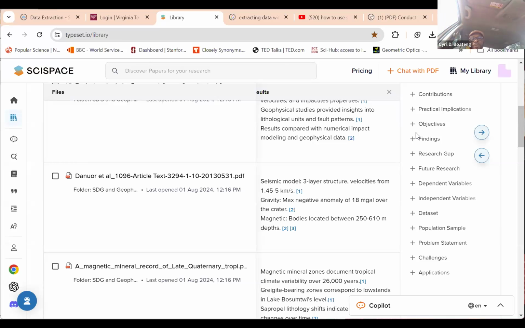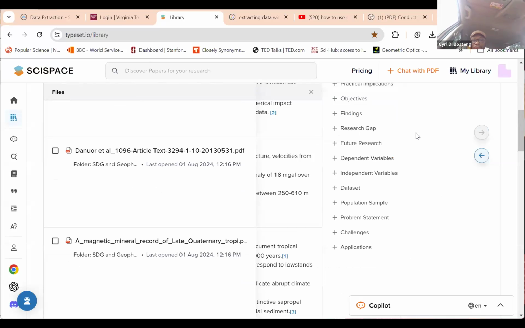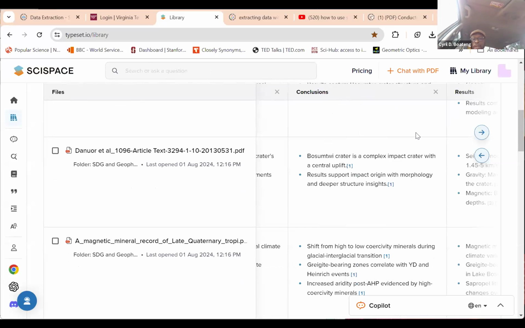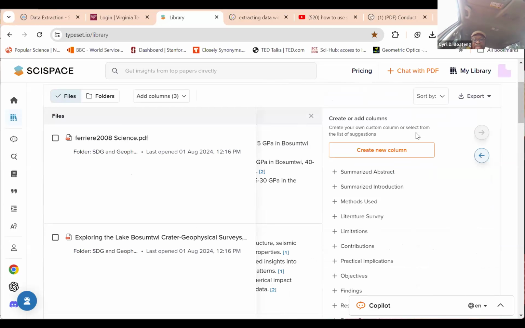Depending on what you are looking for, like the framework I showed for my review paper, where I showed what we're looking for in terms of maybe objectives and other things, right? Then you can compare all the evidence from this. So for instance, if I'm looking at, let me see, can we get methodology? I didn't add methods. Okay, so let me add methods.